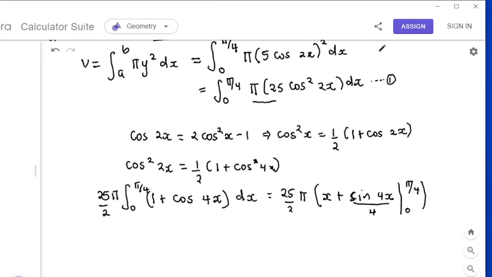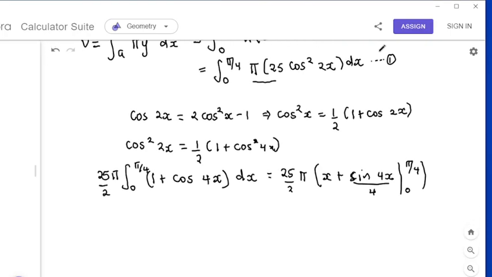And now you will get 25 over 2 pi into, so if you substitute,